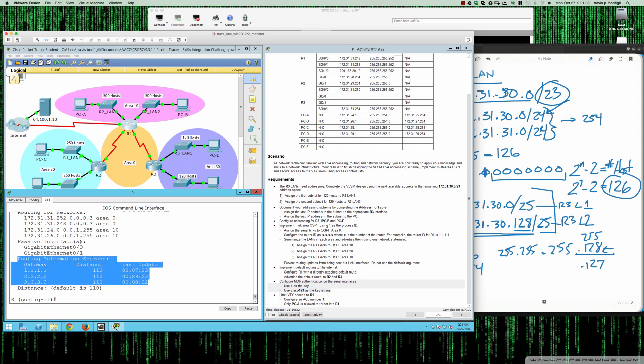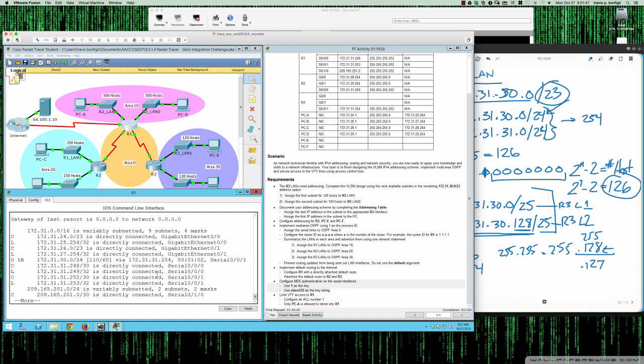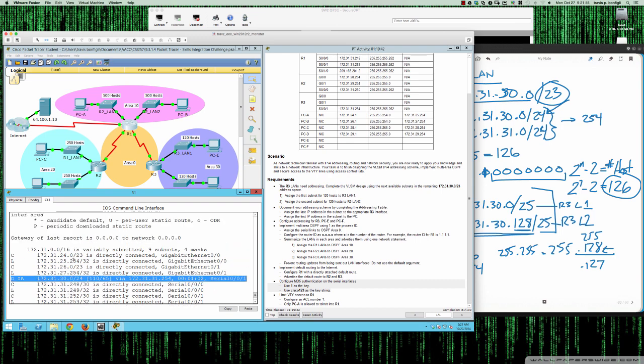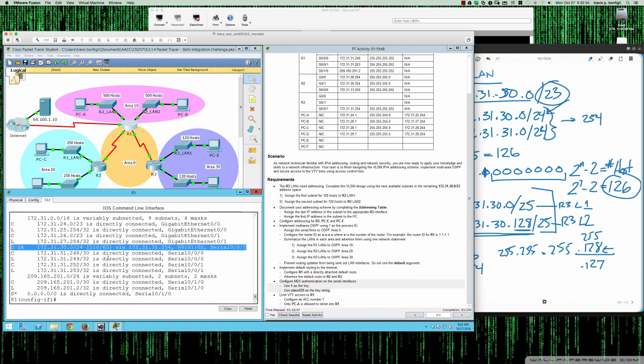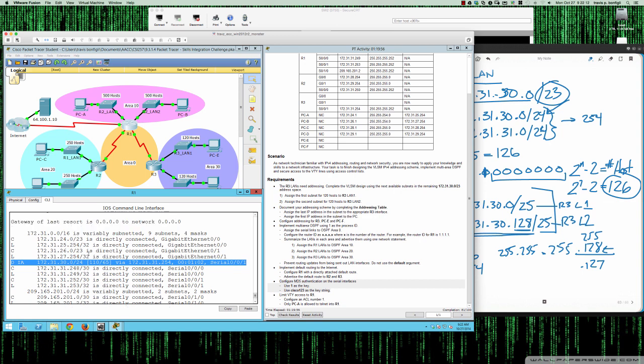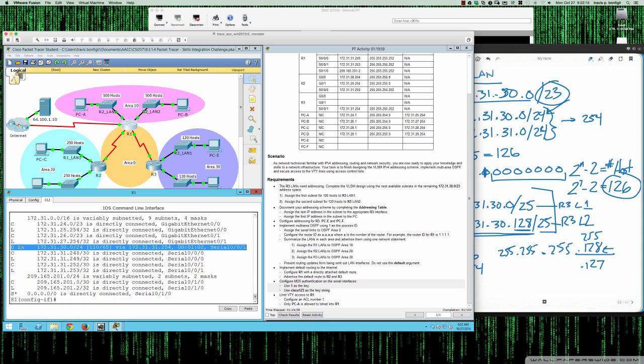So we have adjacencies established with router 2 and router 3, right? So if I do a do show IP route, you can see here that we are now picking up the summary, right? And I always say these backwards. So the inter area, right? So you've got your intra area, which would just be the O, and the IA after the O is for the inter area, right? So again, this is an inter area route that we're learning, and it's inter area because